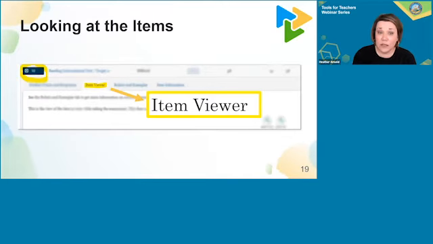Now we are going to talk about what we find by looking at the items. If whole group intervention or reteaching is determined to be the most appropriate action plan, teacher teams again select the item number and then use the item viewer and the item information tabs to view the exact question and question type associated with this target area.